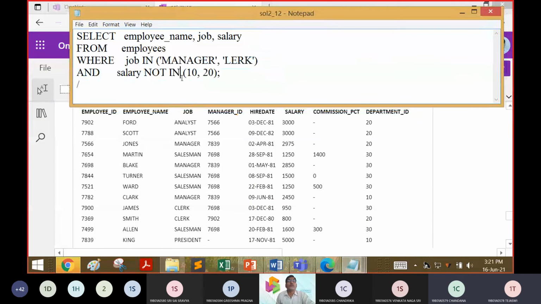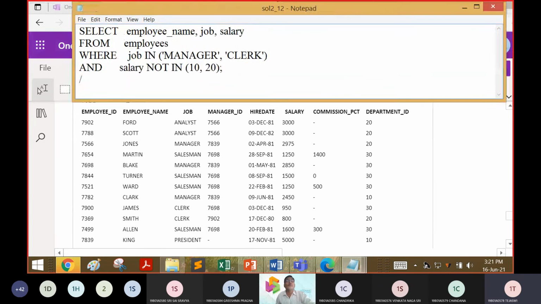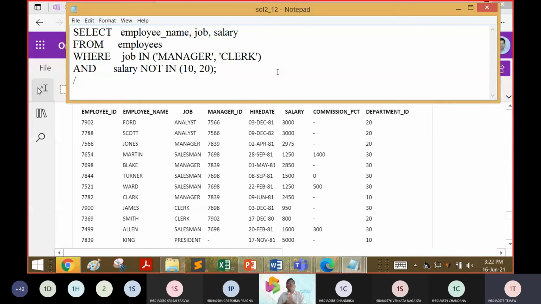Try to understand the query first, and then you can answer me. Yeah, it's your turn, 78. Yes, sir. We have to select employee name, job and salary from the employees table where job is either manager or clerk and salary not in department, not in department ID 10 and 20, sir.